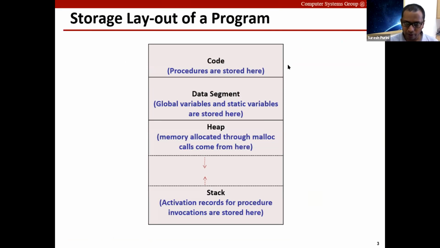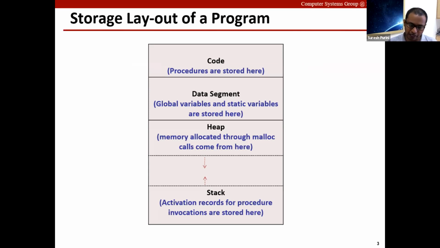This is the logical storage layout of a program. Your program, a C program for example, consists of a collection of functions. There will be one section called the code section or code segment, where the instructions associated with all the functions will be stored. And there will be a separate section called the data section or data segment, where memory for global variables and static local variables is stored.